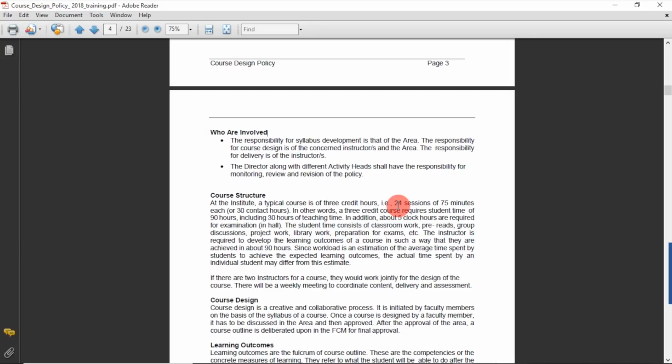That means in a trimester where this course was getting implemented, each subject was having 30 hours allocated to it. So in 30 hours, a teacher is required to complete the course. Now 30 hours was involving 24 sessions, as one session was for 1 hour 15 minutes. That means one period which the teacher used to take in the class is for 1 hour 15 minutes. So this is discussed that we are going to follow a session of 75 minutes, and each subject will be for 30 hours.